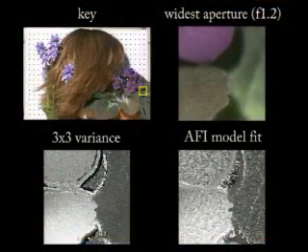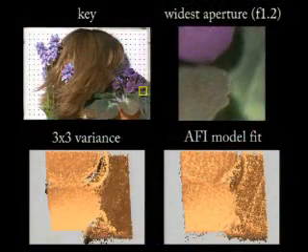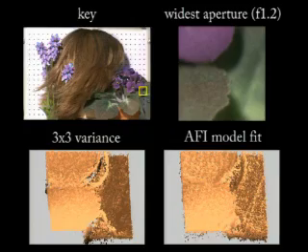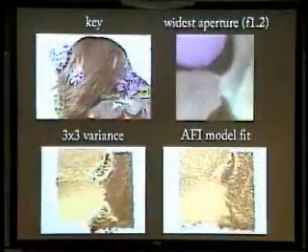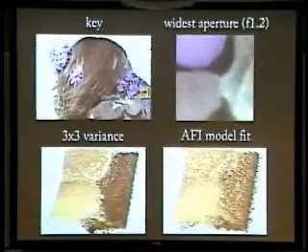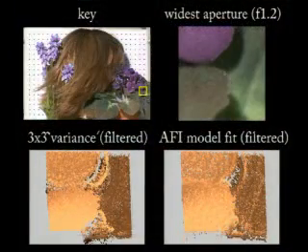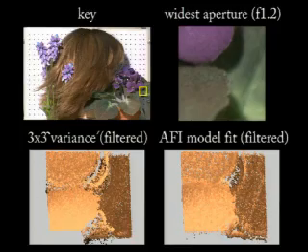Now there's another area of the scene here which is much smoother and has less texture, and spatially based methods like variance have a big advantage in this case because they assume smooth surface models, and their assumptions are satisfied. But we showed that AFI model fitting, especially in the presence of filtering, can actually do fairly well in these kinds of regions as well. We just have to filter out the outliers.